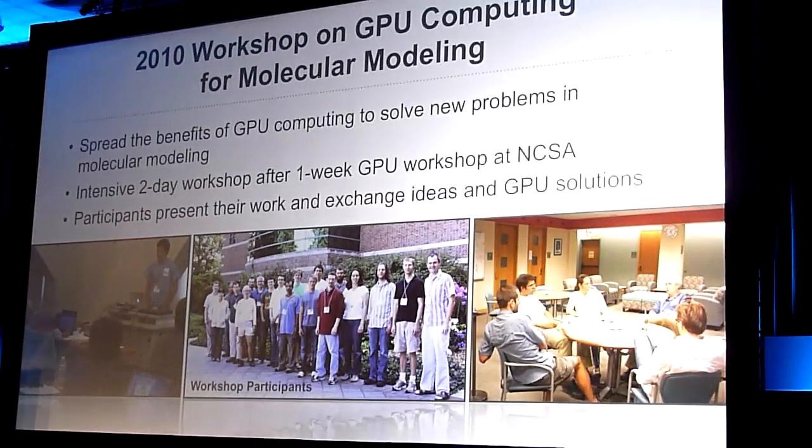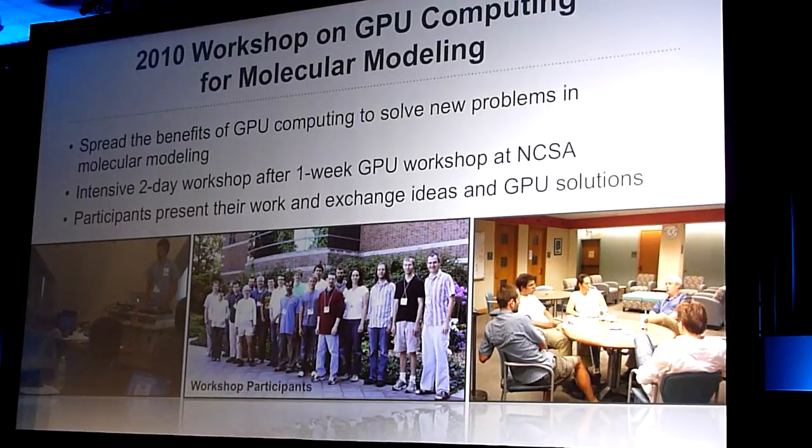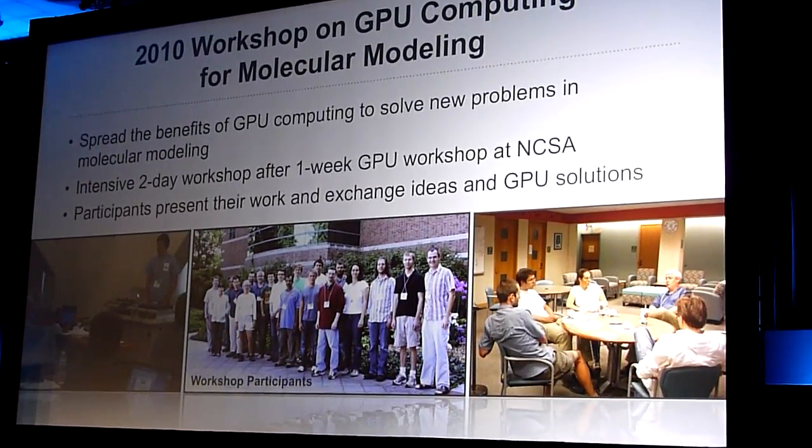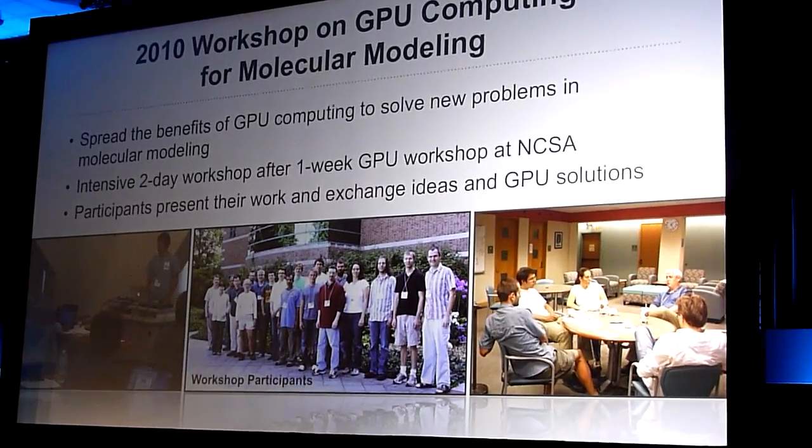So this leads me to the end of my lecture. And I just would like to add here that we are not only producing software, but we're also training in software. We have a long series of